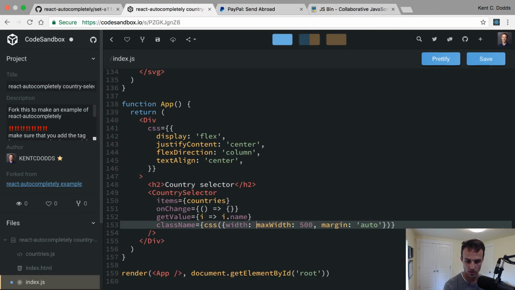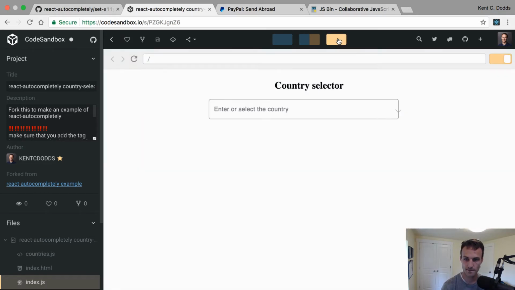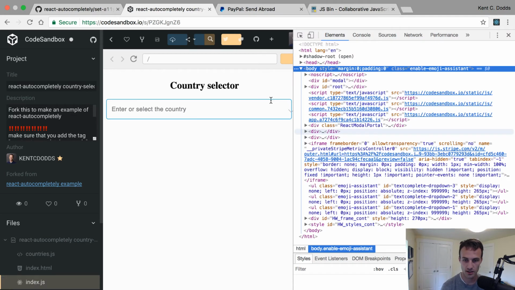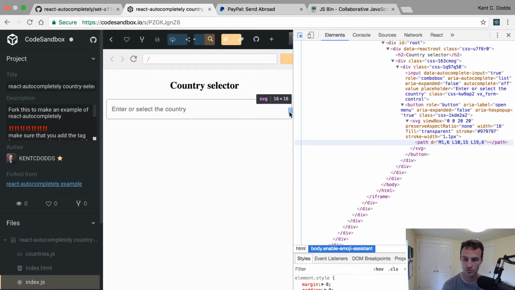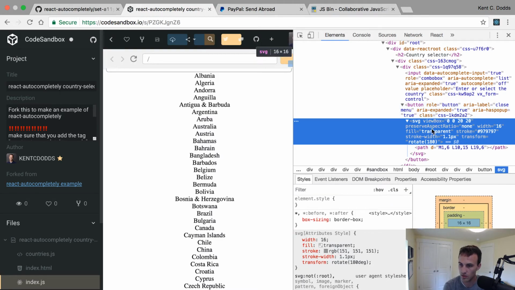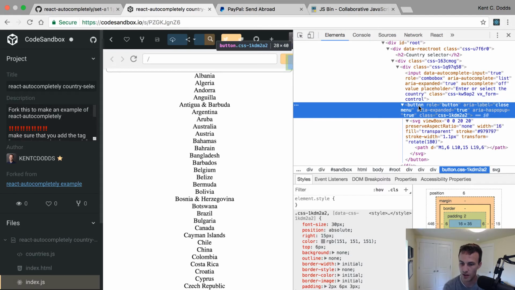Do width 100%. There we go. So now if I scrunch it down, I can see. Yeah, so this little drop-down SVG, the first SVG I ever made by hand. So that's kind of fun. Great, so we have the button, and we applied some of those styles, but they're